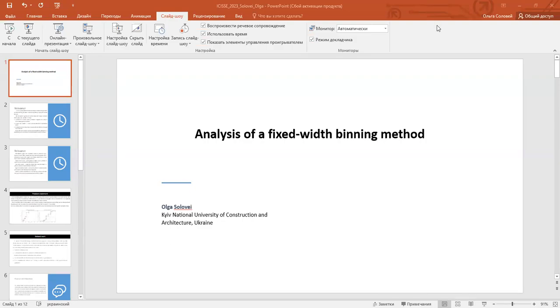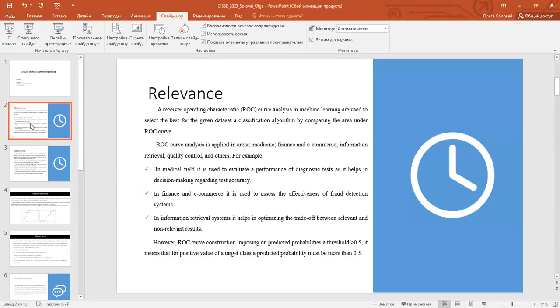I will introduce you to the study: analysis of the fixed width binning method. The relevance of this work: ROC curve analysis in machine learning is used to select the best classification algorithm for a given dataset. ROC curve analysis is applied in medicine, finance, economics, information retrieval, quality control, and other areas. However,